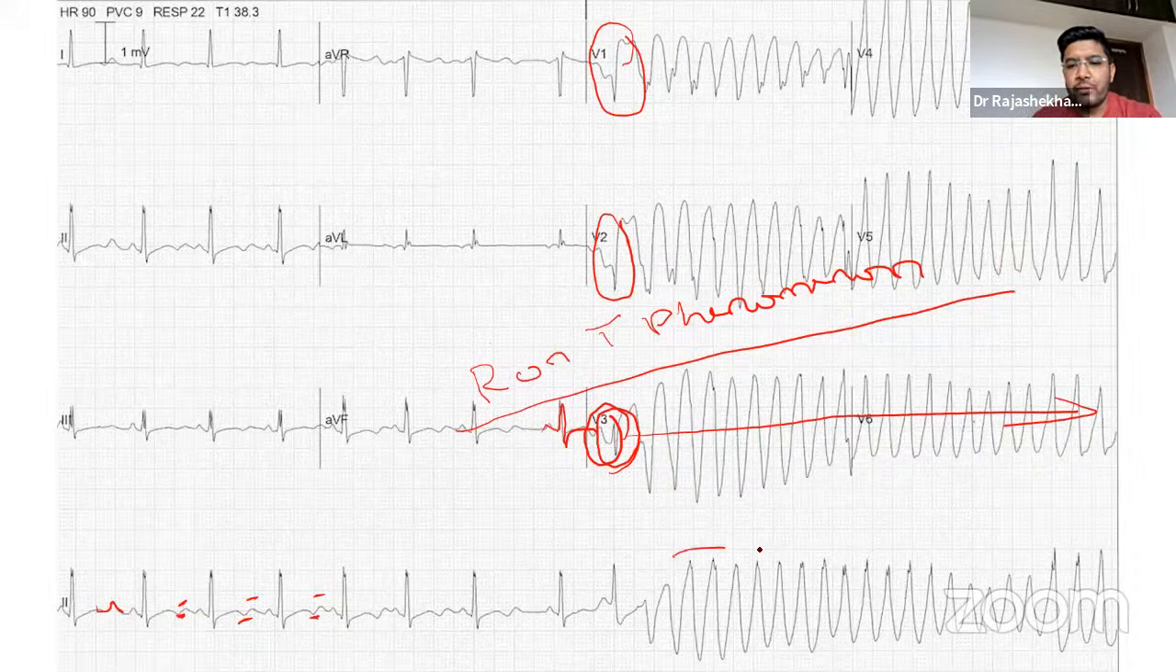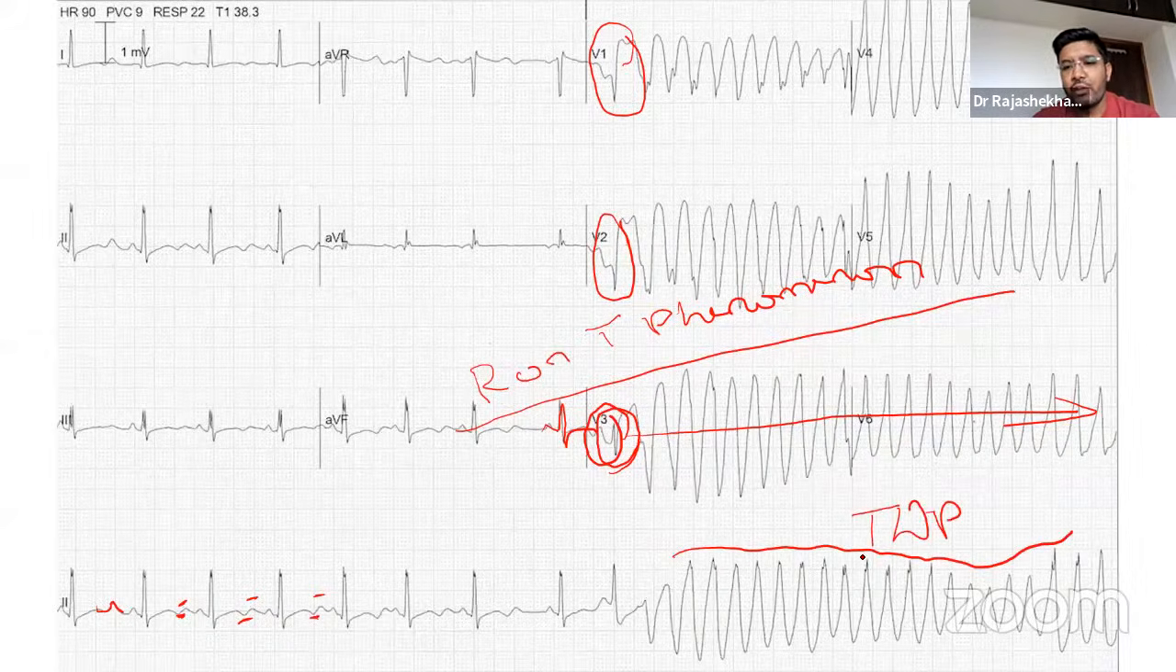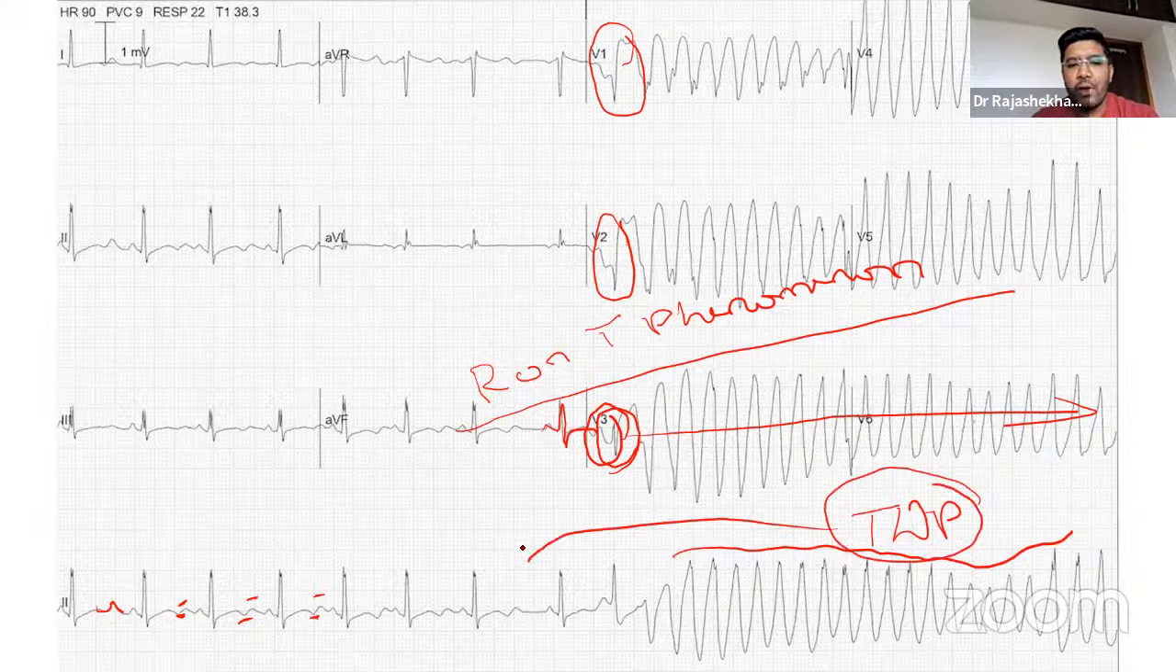So this polymorphic VT is also called torsades de pointes. The polymorphic VT occurring in the background of QT prolongation is called torsades de pointes. It can also occur due to hypokalemia. It can also occur due to hypocalcemia, although it is very rare. So if it is polymorphic VT occurring in the background of normal QT interval, then it is called just polymorphic VT. If it is occurring in the background of the prolonged QT, then it is called torsades